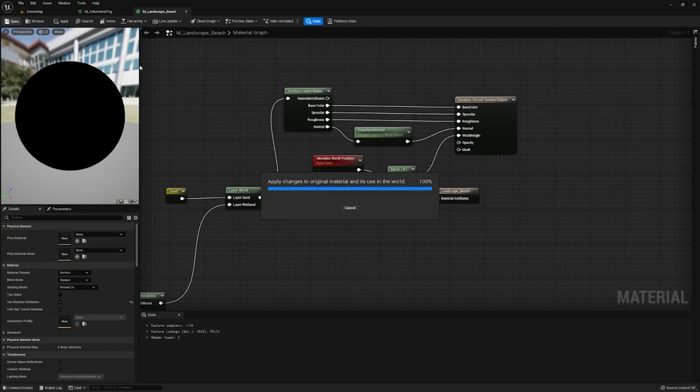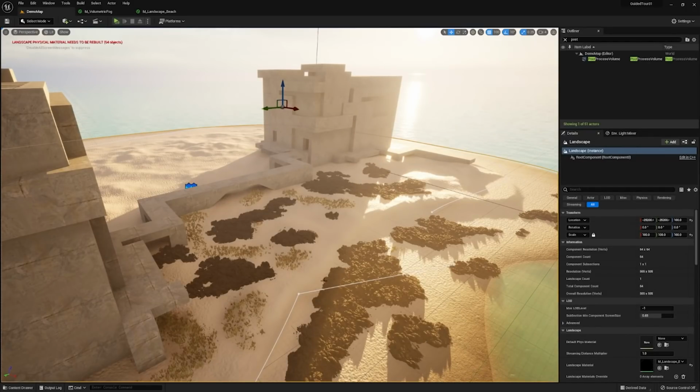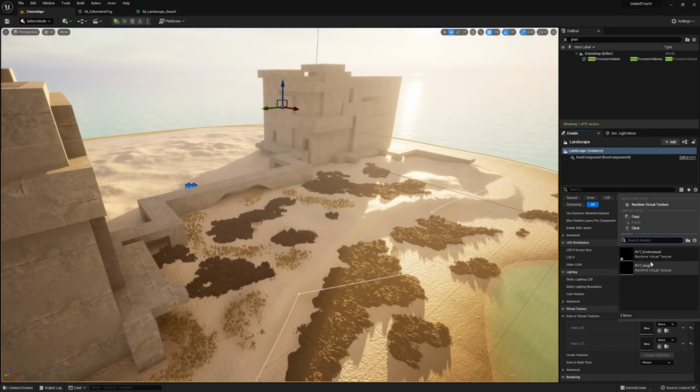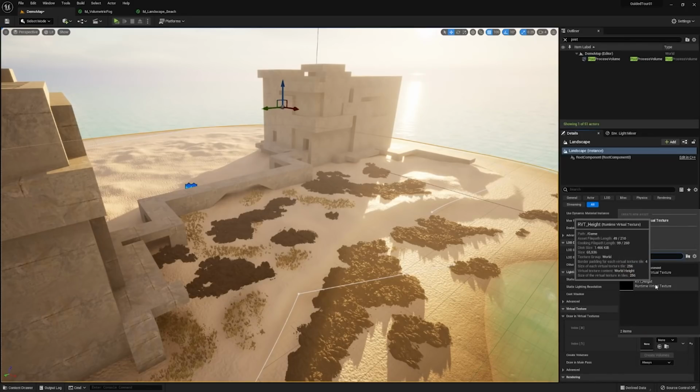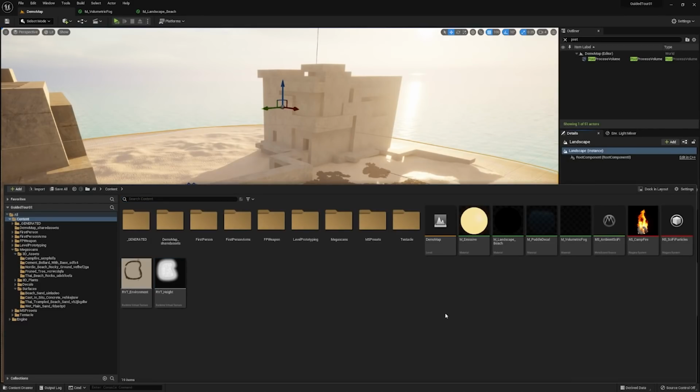Again, don't stress too much if this is a little bit above your head. You only really need to do it once, and you can copy it from this video or our online tutorials. Now, the final step in setting them up is to simply assign those two RVTs on the landscape itself, which says, hey, you're contributing to the runtime virtual textures. Now, with that all set up, you're ready to set up the blend on the material itself.